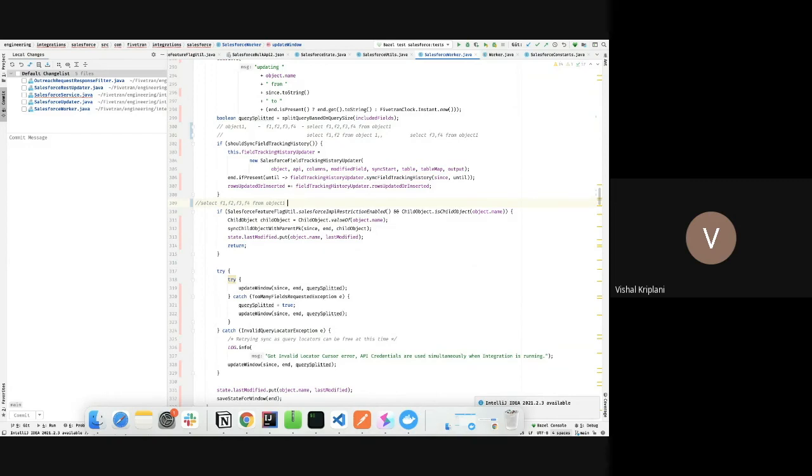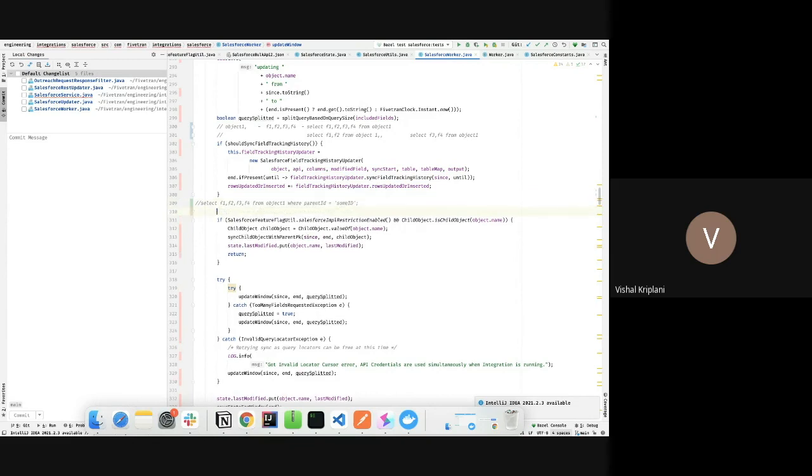So for these objects we have to add an extra condition here. Select f1, f2 from object 1 where parent id is equal to some id, or the same thing where parent id in id1, id2, id3.